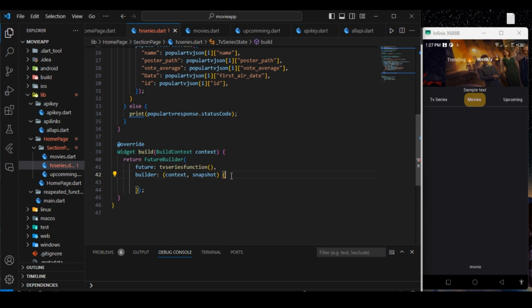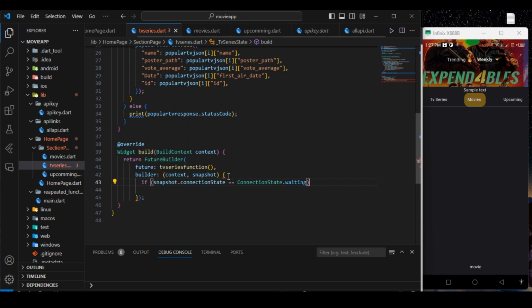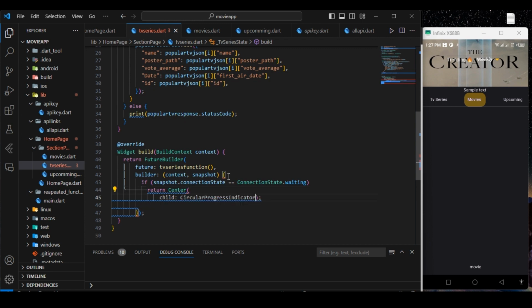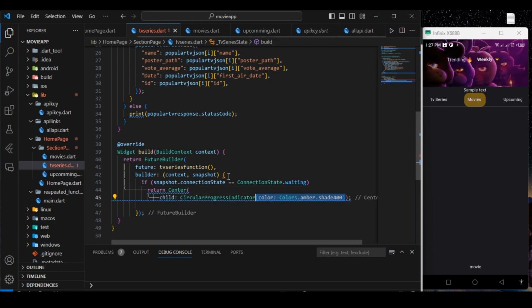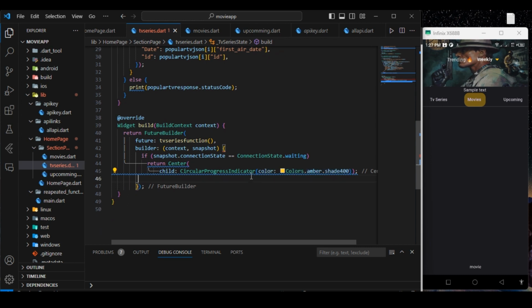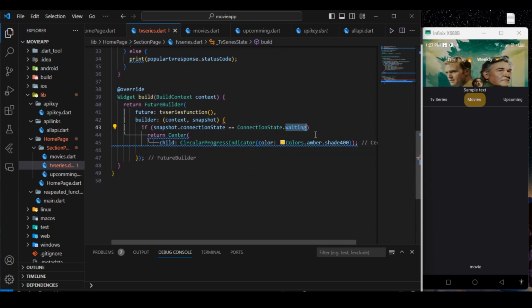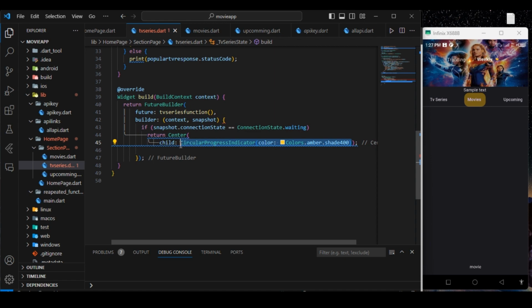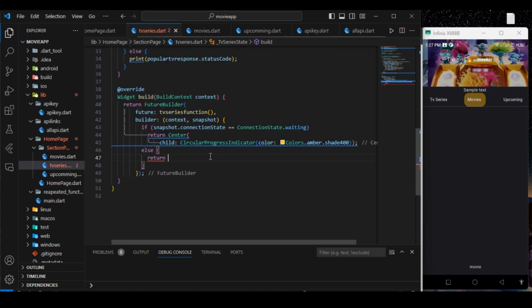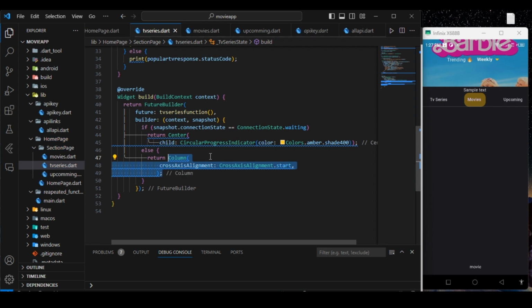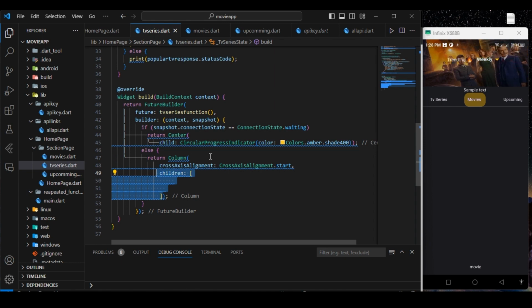Also in the FutureBuilder we are required to give the builder function, and the builder accepts the context and the snapshot. Now if snapshot.connectionState is waiting, then we are going to return a CircularProgressIndicator. So if it's waiting, then we show the circular progress indicator, and if the snapshot connection state is successfully completed, then we are going to return a simple Column,